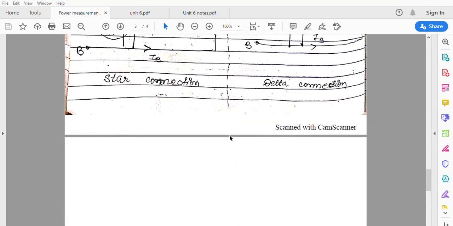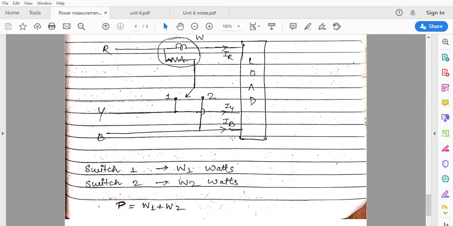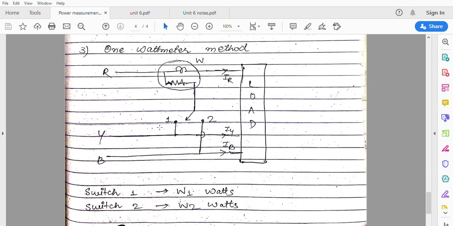Now even 3-phase power can be measured by the 1 wattmeter method. We connect only a single wattmeter, which is going to measure the load. This current coil is going to measure the current in this single phase, or the single line. And this 1 wattmeter method is only valid for a balanced connection, balanced star or balanced delta connection. This is not valid for unbalanced, because in unbalanced the currents and voltages will be different. Only in balanced condition the currents and voltages will be the same. So this is how 1 wattmeter is connected.